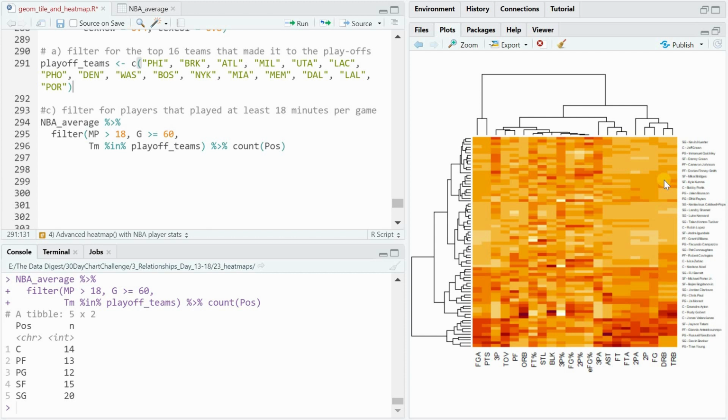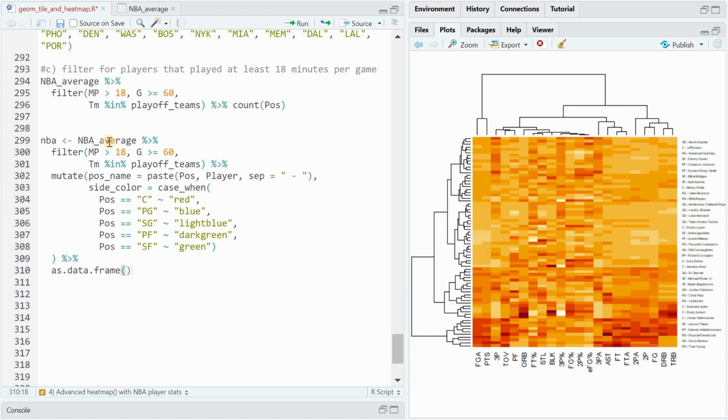One thing that's already obvious from the dendrograms is that the defensive rebounds and the total rebounds correlate strongly, as well as the field goal attempts and the points. So the more you try, the more often you hopefully hit. And then you also have this group of 2-point attempts, 2-pointers made and field goals made in total that cluster together, as well as all these percentage stats.